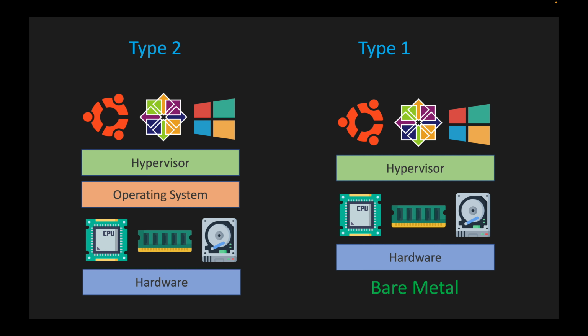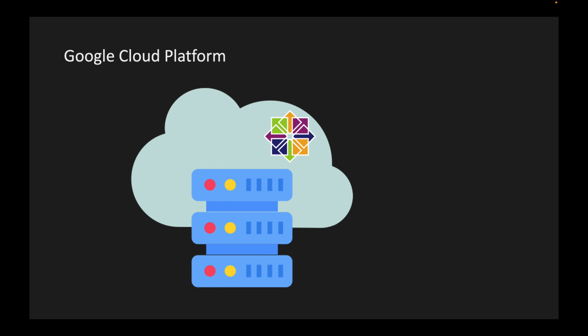I hope everything is understandable until now, but you might be wondering why we learn virtualization technology, why it is so important. Well, the first thing is virtualization is one of the most beautiful things that has happened to the IT world. We are gonna hear the concept of virtualization a lot if you work in the IT industry. Since we are learning Linux, we need a Linux operating system to get some hands-on experience. Therefore, we will create a virtual machine which runs the Linux distribution CentOS on the Google Cloud platform. It's a cloud platform that allows you to create different instances or virtual machines on the cloud.